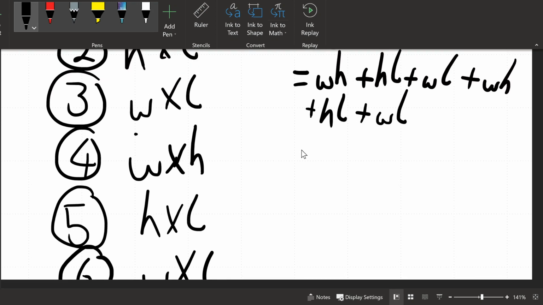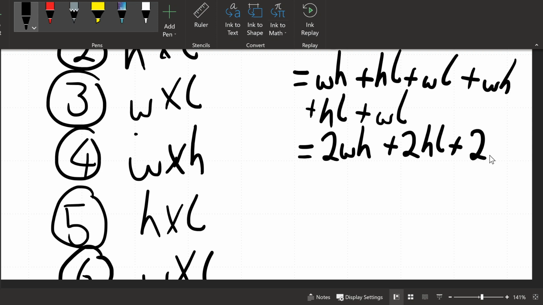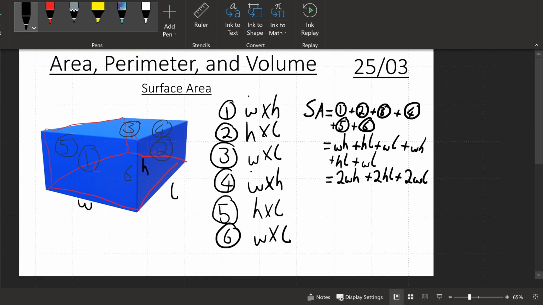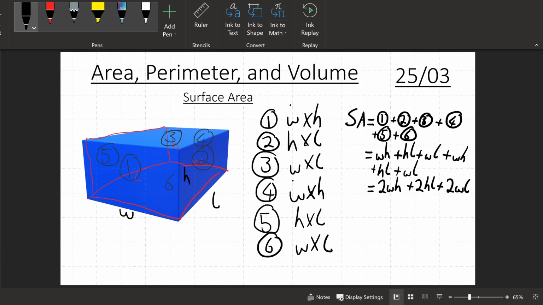So I know this is very abstract as an idea. Honestly, I'm regretting not being in a class with you guys right now, because it would make things so much more clear. What I'd suggest is that you take out a box right now. Any old box will do. And you just measure the sides. Actually, don't even measure the sides. Just write on each face of the box